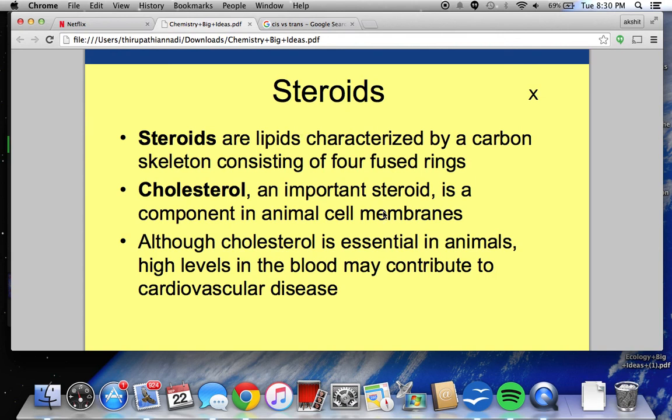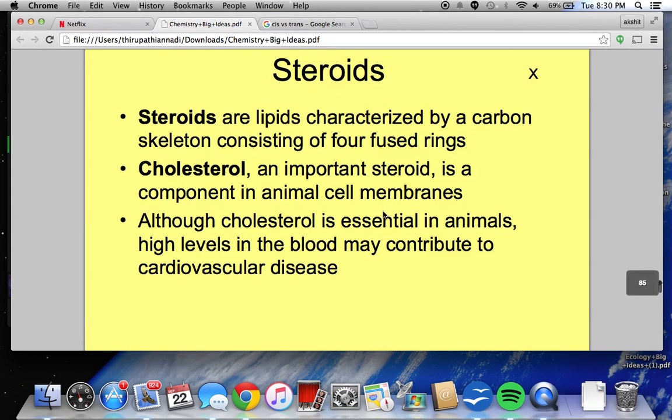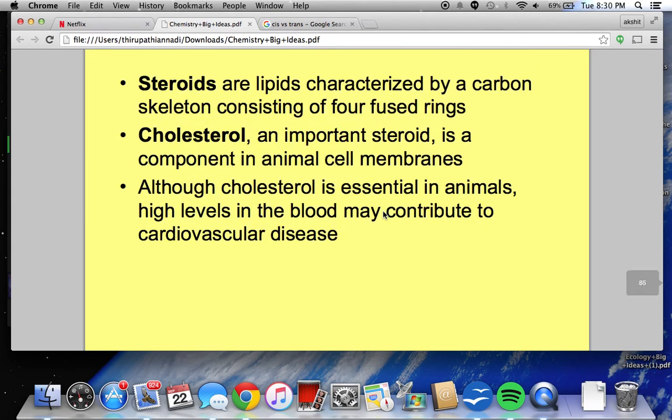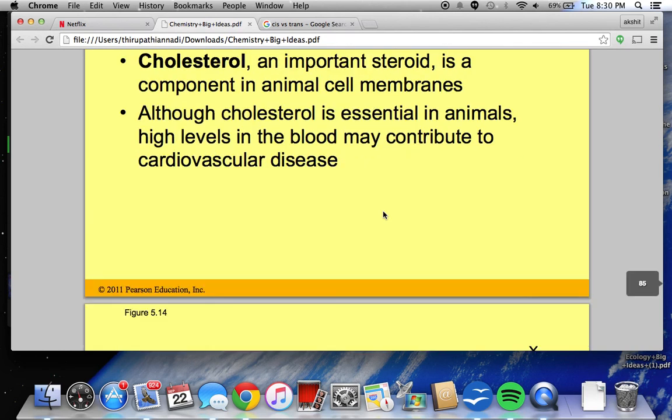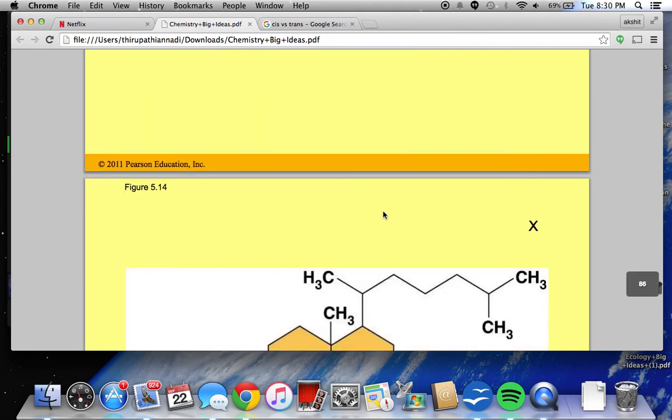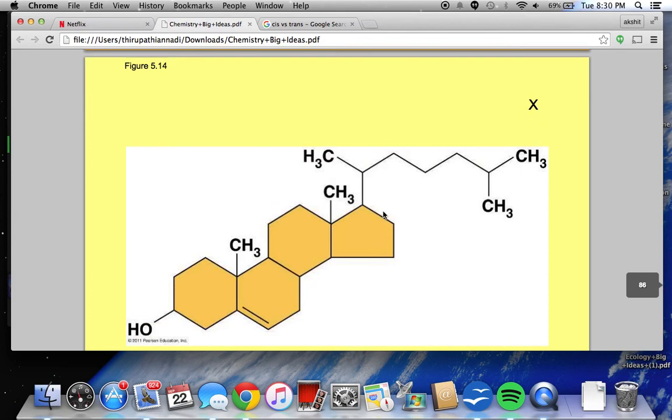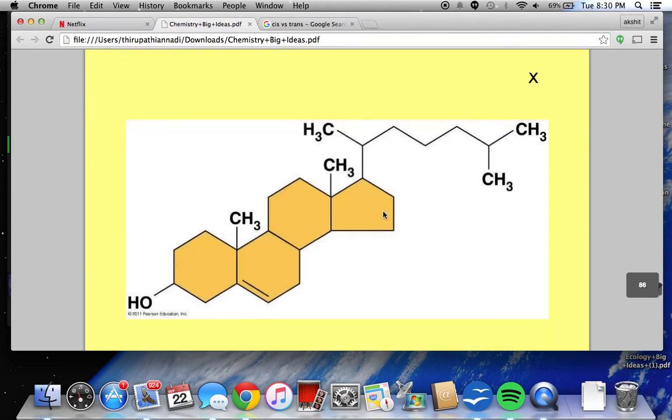And another major form of lipids are steroids, which are characterized by carbon rings instead of carbon chains. And cholesterol is an important steroid that's part of our cell membranes, but too much cholesterol is bad. And this is how steroids look. I'm sure you don't need to know the super details about it, but just know what they